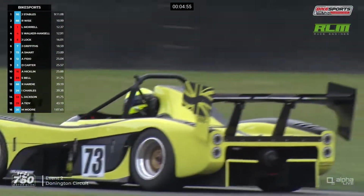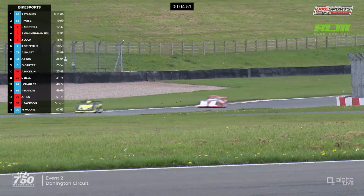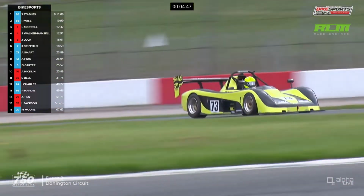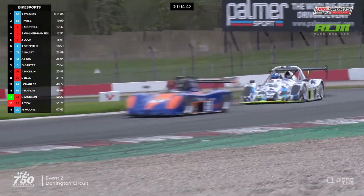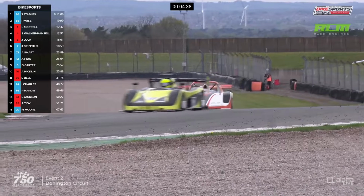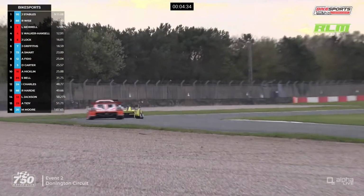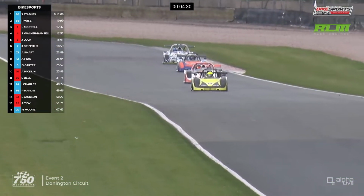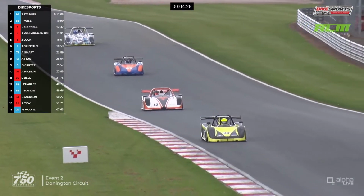Is it the tyre rubbing on the bodywork? I was wondering that. Looking like where it came from was under that sort of right front wheel arch, wasn't it? So it could well be tyre on bodywork. So here comes Smart then, in the PR6. And Andrew Fido, he's been really quick this weekend, I feel like. He had that off, I think, in the earlier race and then got a track limit penalty. So his result doesn't really resemble the kind of speed he had shown over the course of the 2 races today, but he's now up in 8th place and chasing after Alistair Smart,